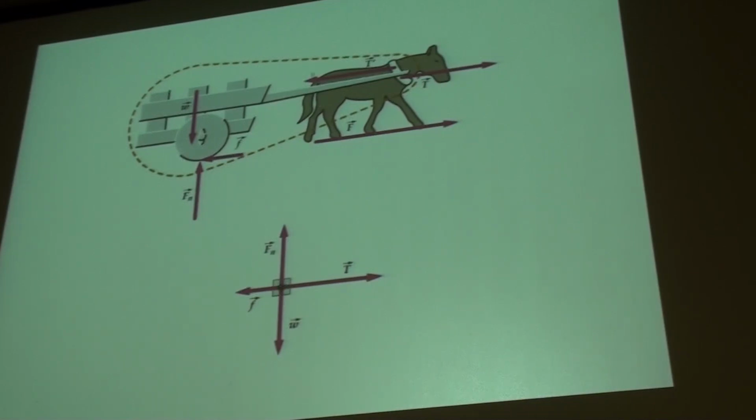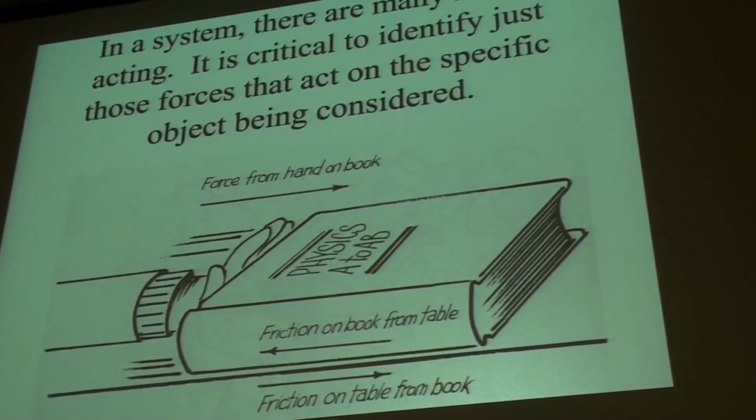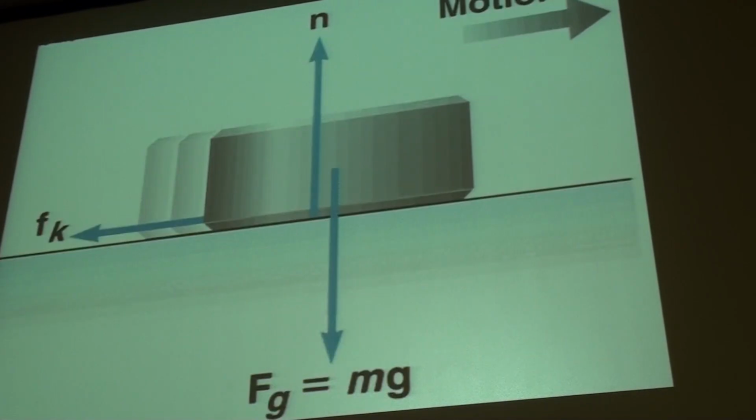We don't want the force, in this case of the cart, on the horse. Okay? We just want the force of the horse on the cart, because we're looking at the acceleration, in this case, of the cart. And so that is something that we have to get used to, is you don't necessarily always want to draw every force into the problem.